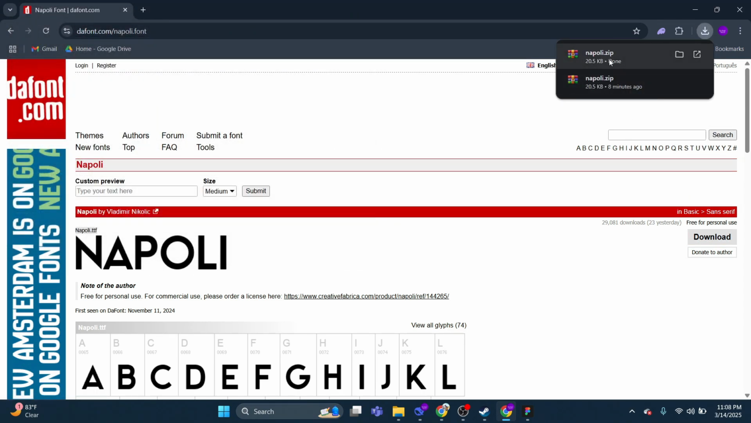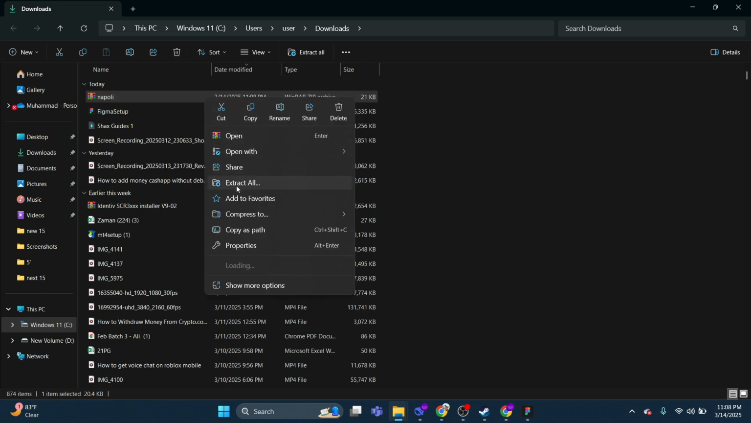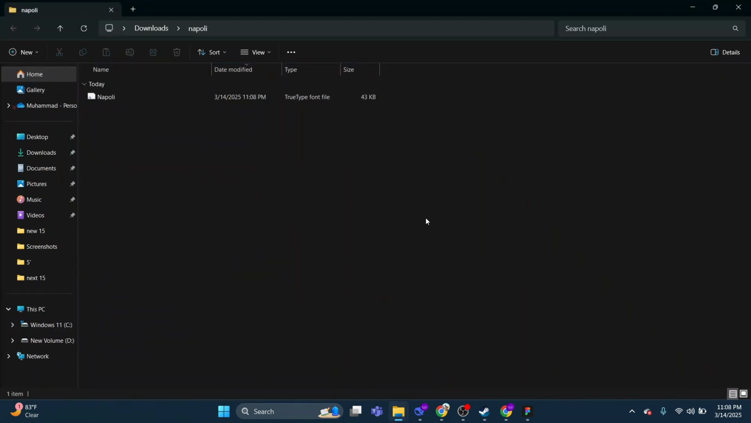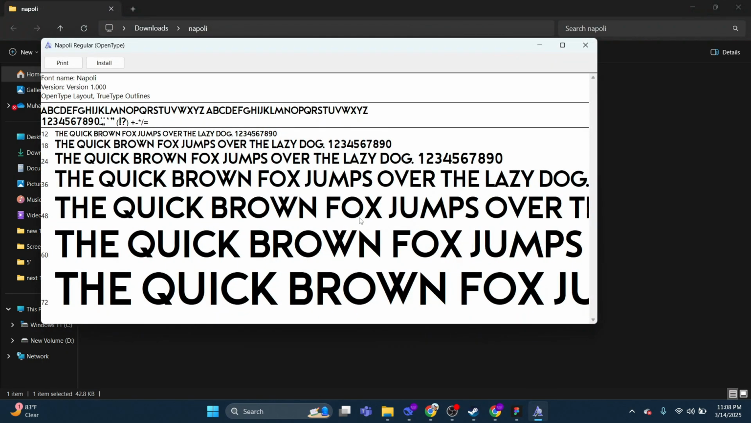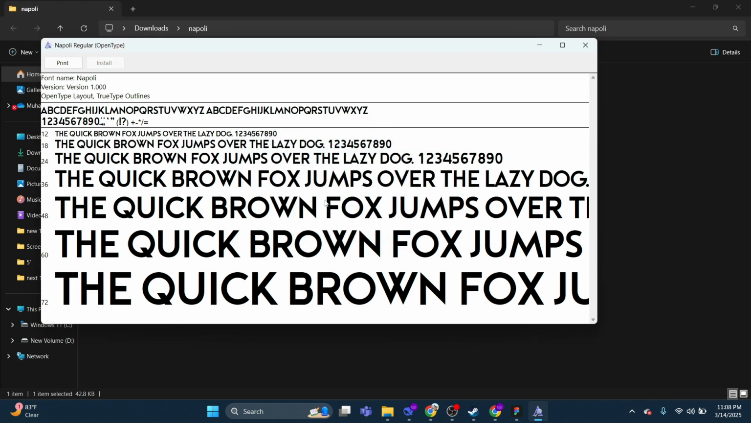Whether you're on Windows or Mac, the process is going to be pretty similar. Locate the zip file that you just downloaded and extract the files from the zip folder. On Windows, you need to right-click and then click on Extract All. Now go ahead and double-click that file. You should see something similar to this. All you have to do is click on Install, and now that font should be installed on your Windows or